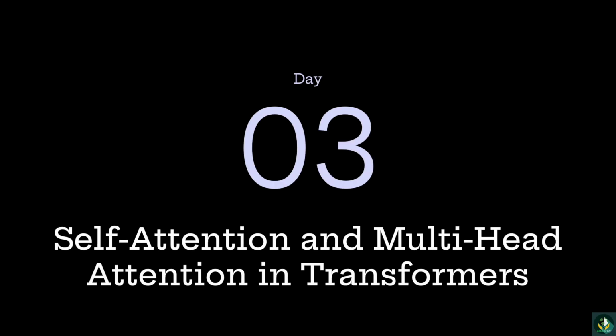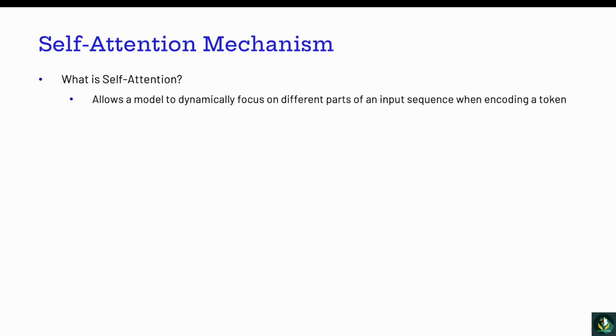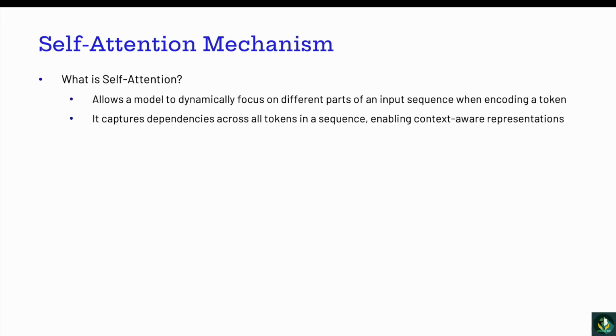Day 3, self-attention and multi-head attention in transformers. So let's start today with the self-attention mechanism. Now, what is self-attention? Self-attention allows a model to dynamically focus on different parts of an input sequence when encoding a token. It captures dependencies across all tokens in a sequence,